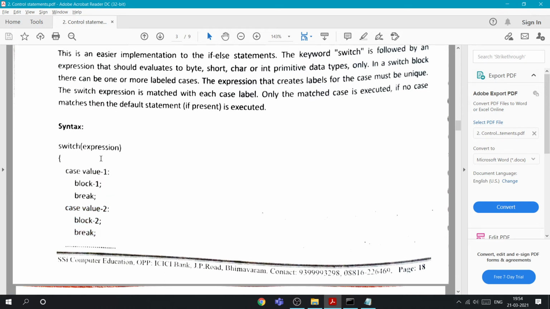It is not only for numbers; it also works for example with case A, case B. If I have given A equal to B, that means case B, it will execute that block and then we write a break statement.